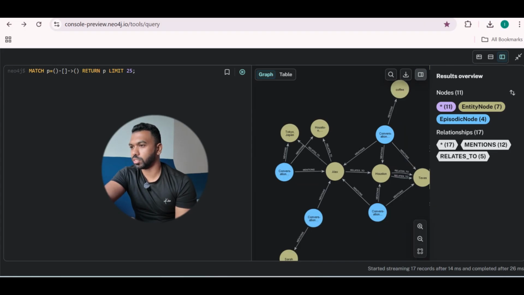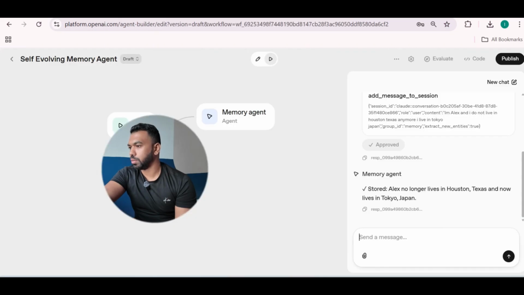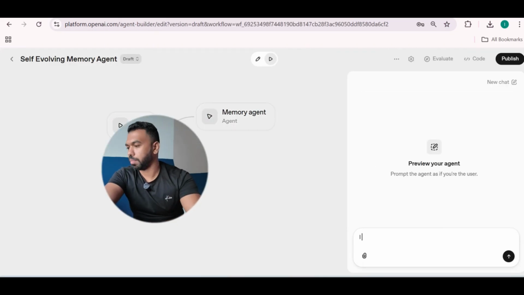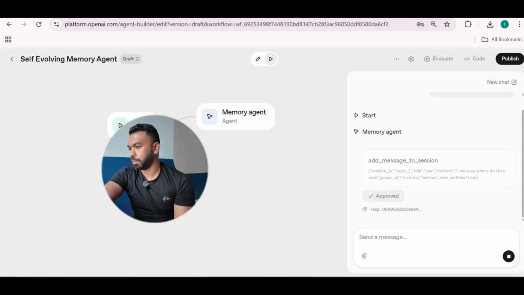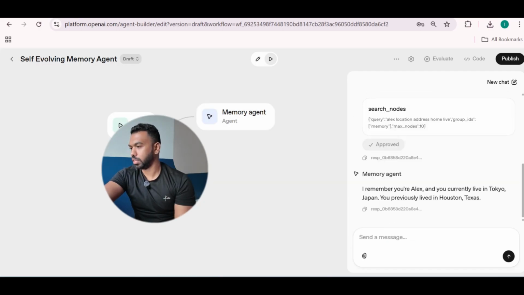In this conversation. Now let's go ahead and start up a new thread and say, I'm Alex. Where do I live now? Add message, search nodes: you live in Tokyo, Japan. You previously lived in Houston, Texas. You can see now that the agent understands these temporal relationships, how things have changed from one point in time